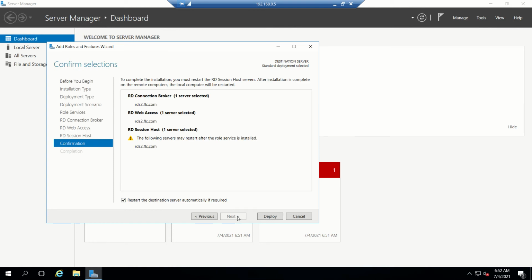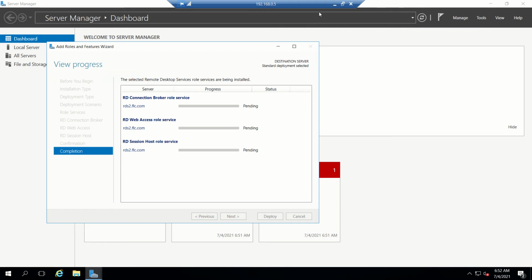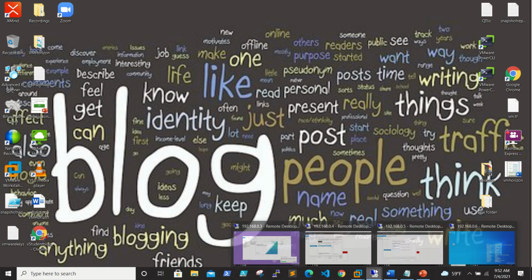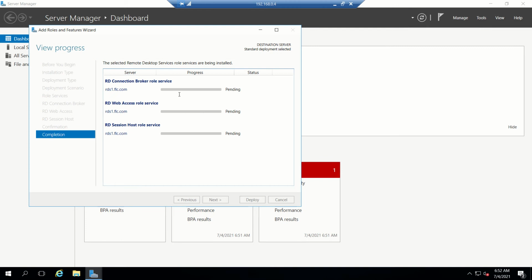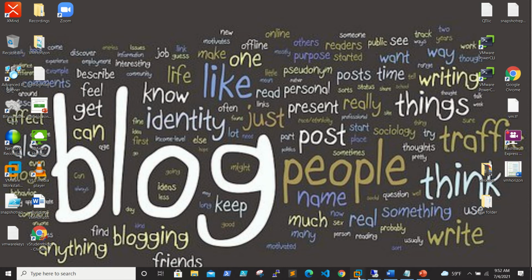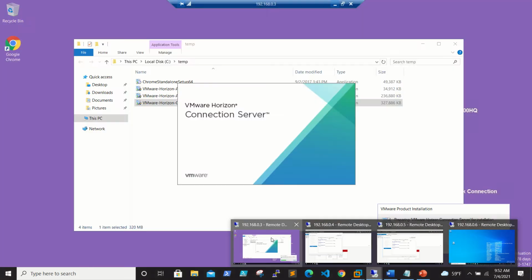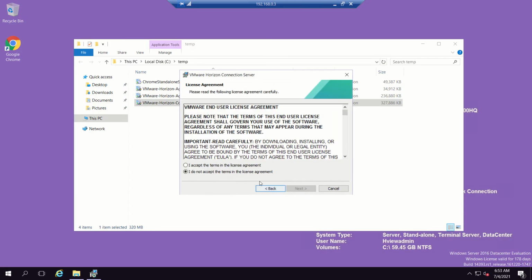So we need to select the restart and click deploy. I believe we need to do the same on 04, that is RDS1. So when one of the services is installed, it will reboot automatically, and we'll go to the RDS server, click next,